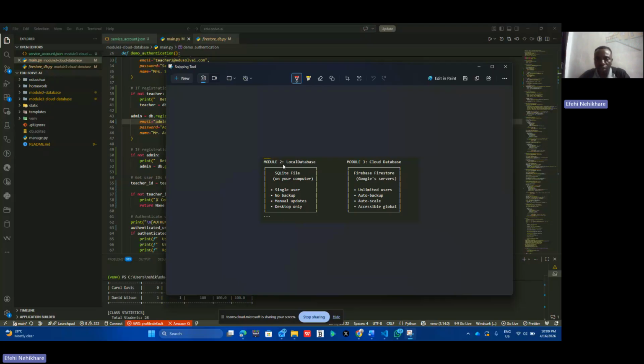Another comparison is that for the local database I created before, there was no backup, and that means that when my system crashes, everything is gone, just like what happened a couple of days ago when my system crashed. I actually lost all of my data, and if I had not pushed them to GitHub a couple of weeks back, I would not have been able to retrieve any of that data. But unlike that, with Google Cloud there is an auto backup